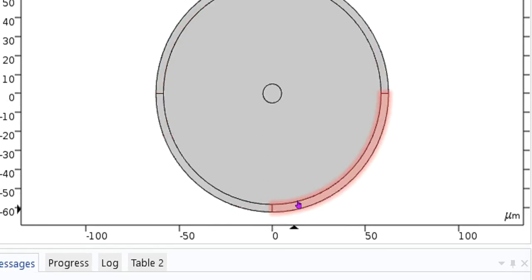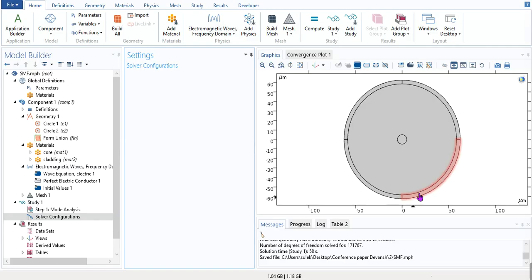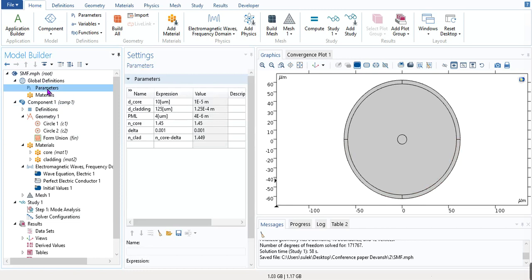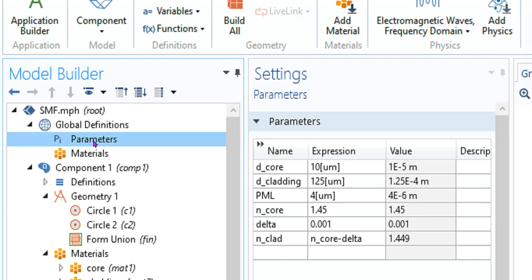So to design this structure, basically you need to define parameter first. So in this section you can see mode builder, the first property is parameter one. So here you can define universal parameters like core diameter, so we are designing 10 by 125 micrometer single mode fiber.